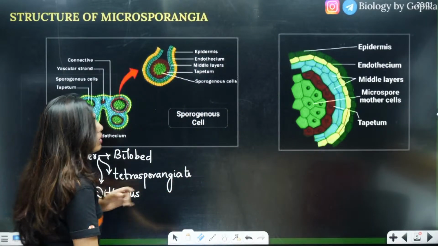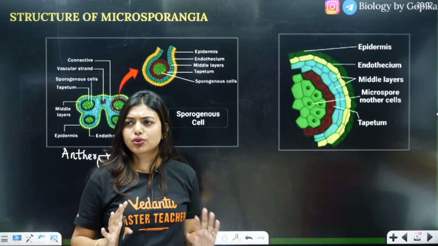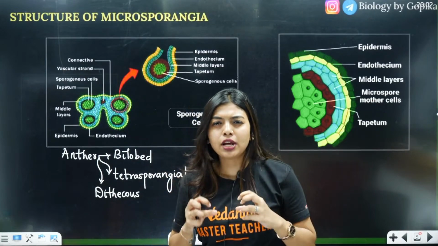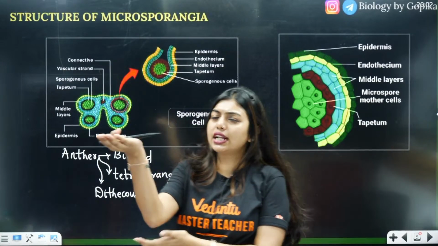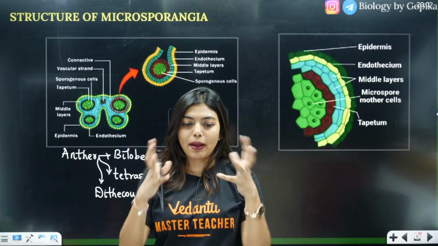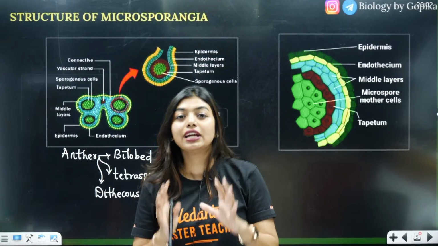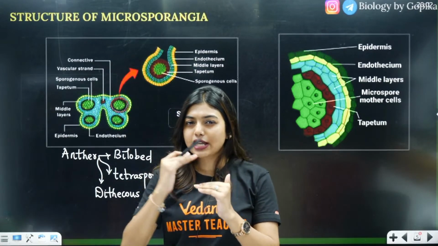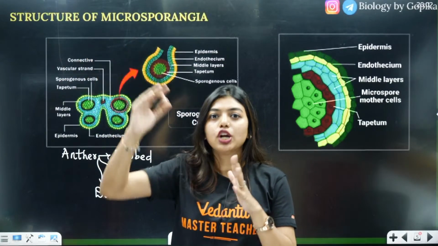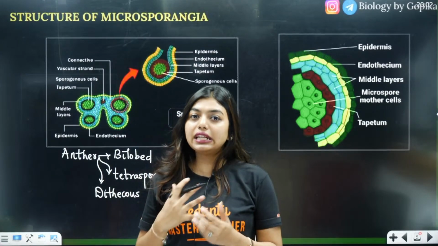Now, I told you this microsporangium has layers to it. Imagine, students, you have a diamond in your home, one big gem. Will you just keep it outside like this? No, you will pack it and keep it inside. Maybe your mom will keep it inside the rice with a cloth covering. So imagine if someone is capable of forming the male gamete in the future, don't we protect them? We have to protect them with as many layers as possible.